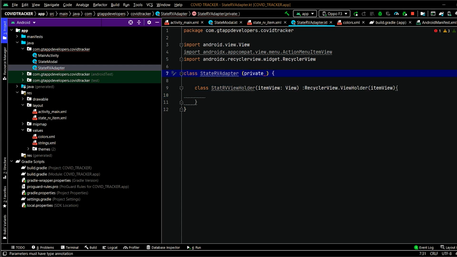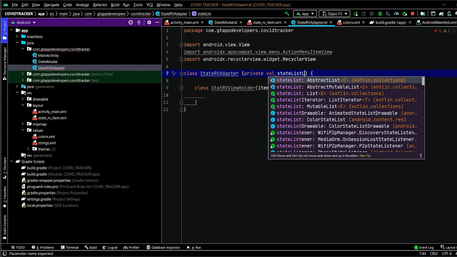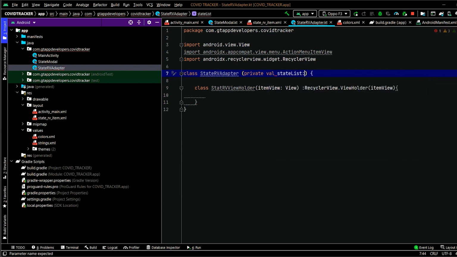So for that, we will create a variable as state list. Inside this list, we will be passing our state model, that is model class which we have created.